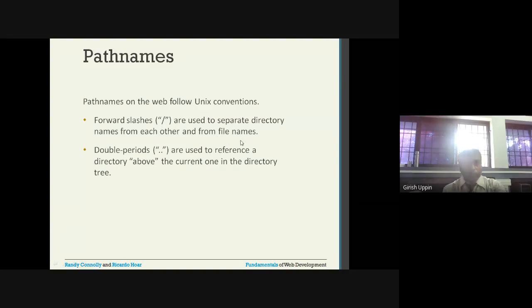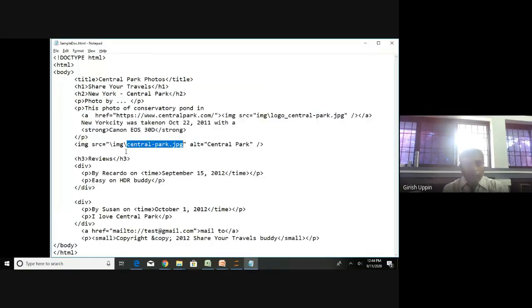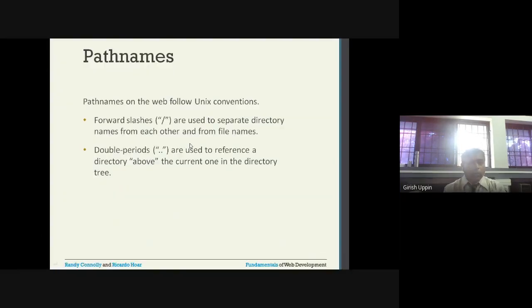So what it says is, here it is a backward slash. Normally the forward slashes are used to create the separation.